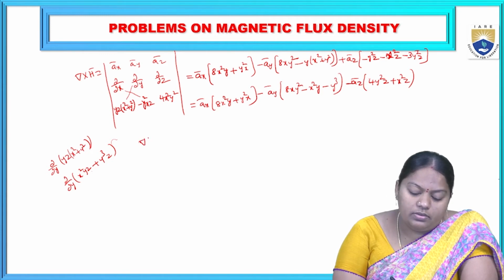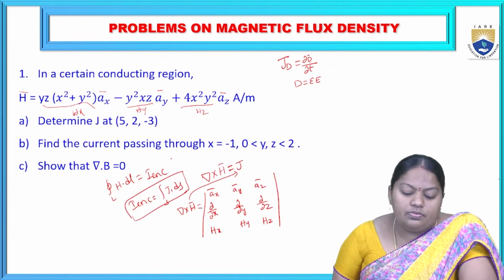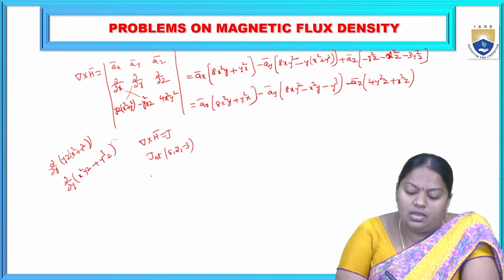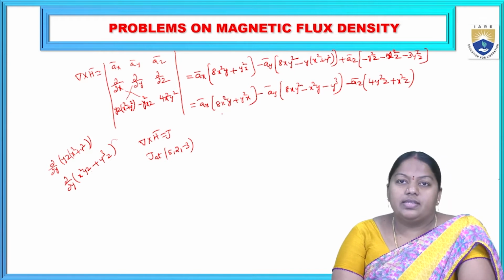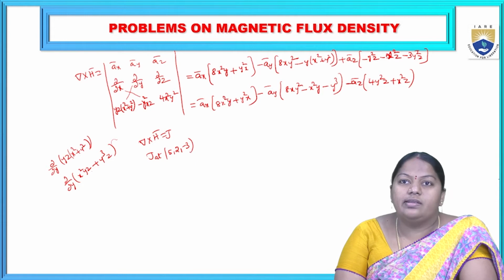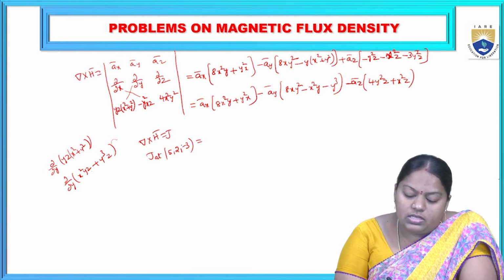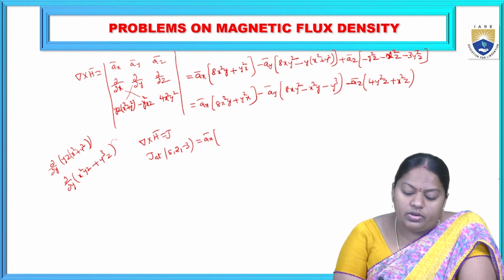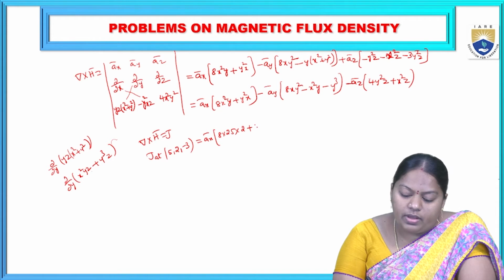But we are writing that del cross H bar is equal to J, and we need to find this J at the point given, that is (5, 2, -3). So J at (5, 2, -3) means in place of x, y, z, if we substitute 5, 2 and -3, then it becomes ax bar into 8x² value is 25, 8 into 25 into y is 2, then plus y² value is 4 into x value is 5, means 4 into 5,